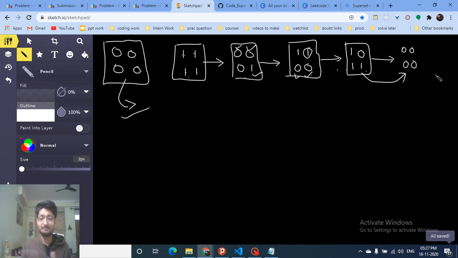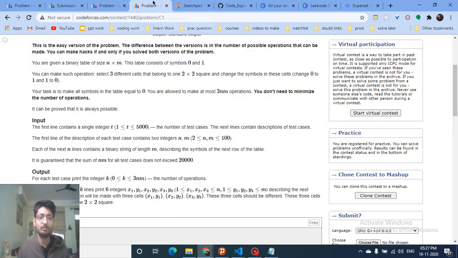Also what you can observe in this problem is that the maximum number of cells is n into m, because the grid size is n into m.